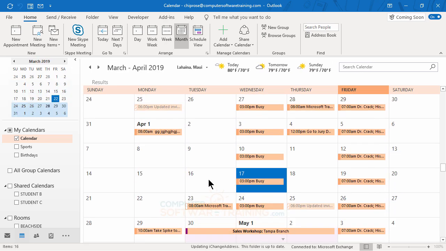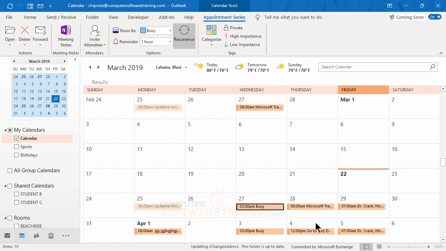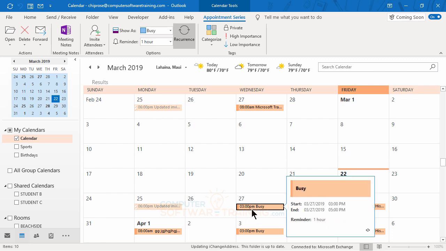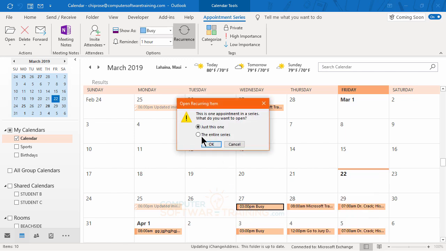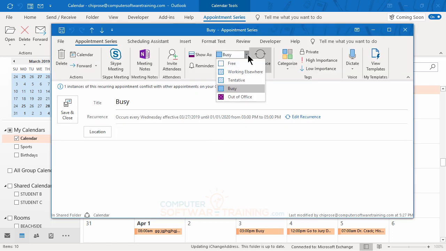Now, the other thing you can do too is, in this case we've got March here. If you want to make it so that you're busy, but if you really need to be bothered and scheduled for something, you're open to it, what you can do is double click it, choose entire series, hit OK, and instead of being busy, you can say it's tentative.